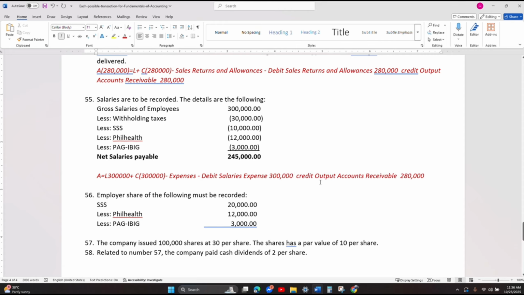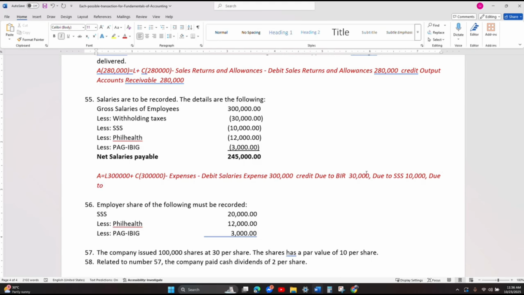And then the credit would be due to BIR, 30,000, and then we have due to SSS, 10,000, and then another credit, due to PhilHealth, and then due to Pag-ibig,